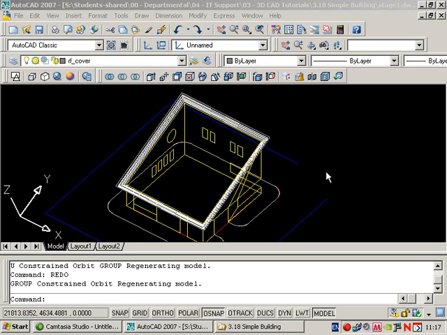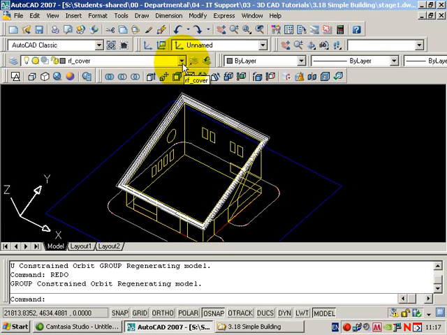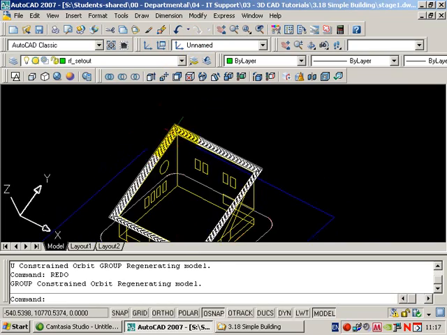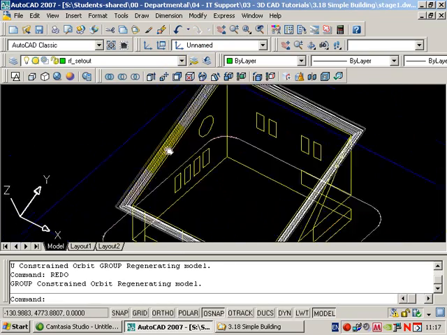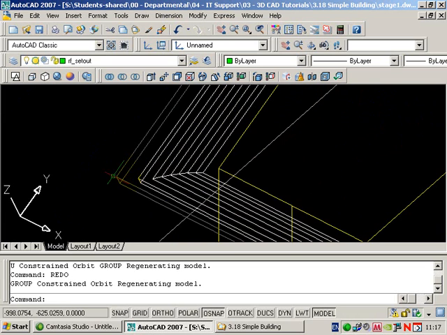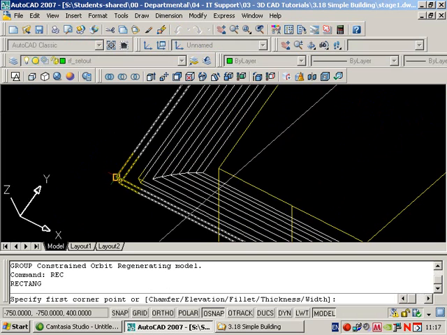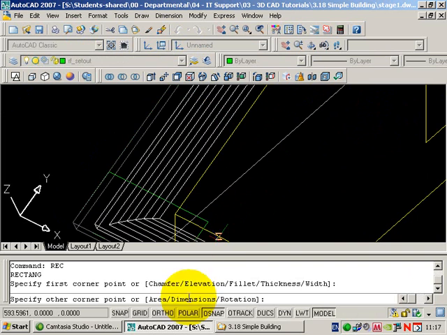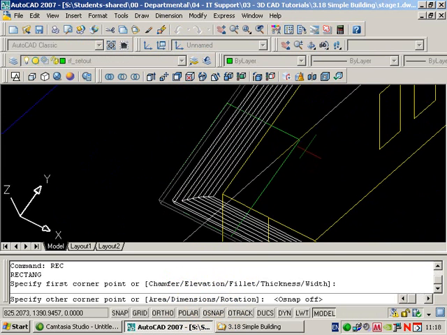Okay, staying with this roof plane, we're going to add some roof windows. The grey that you see on the screen is rather difficult to see, so I'm going to work on layer roof setout. Okay, now I want you to draw a rectangle starting in this bottom corner. So rec, return, that's your start point. Turn your O-snaps off, and then relative to that start point we want to go at